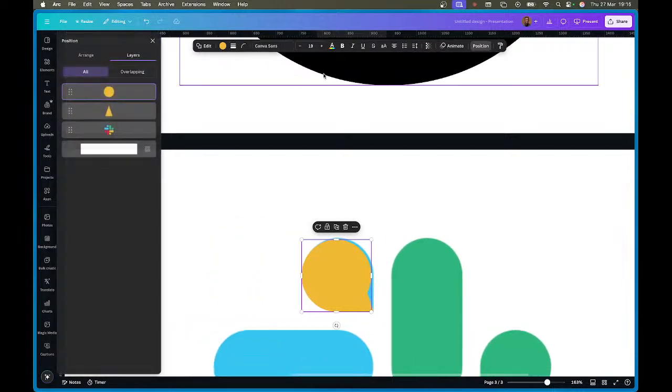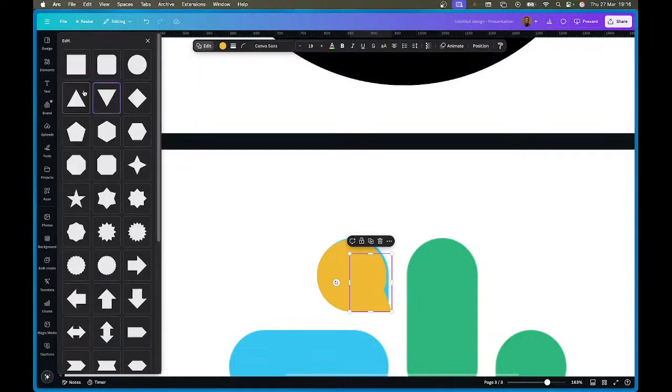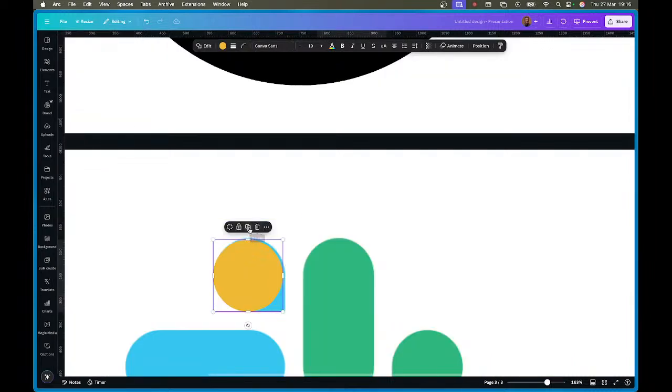Go to position. I'm going to bring this behind so that I can touch this. Oh, sorry, I ought to have changed this to a different shape. It's supposed to be the kite shape or diamond shape. Sorry, my apologies. So I'm going to make a duplicate afresh of this, and I'm going to go to edit,